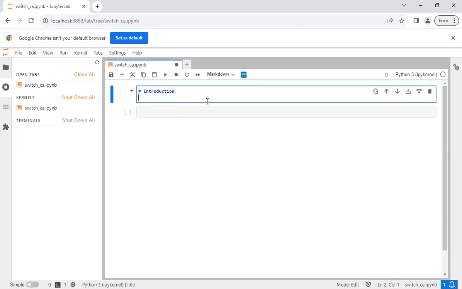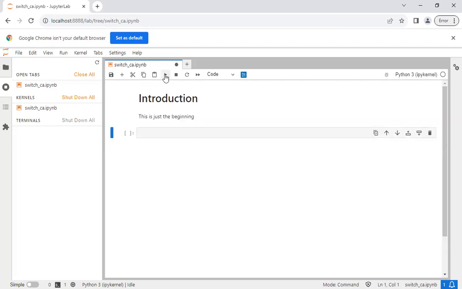I can come down and write something. This is just the beginning. Okay, and run it again. You can also use this play button here to run it. So you see the title is there and it has some text. I'll share with you some good information about Markdown language so that you can learn the basics to do your